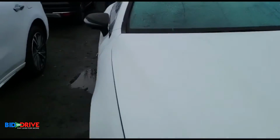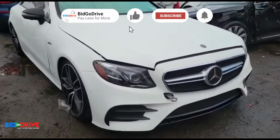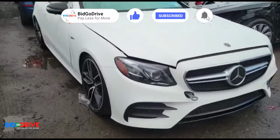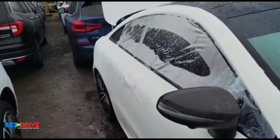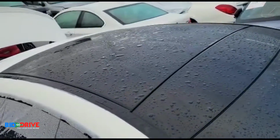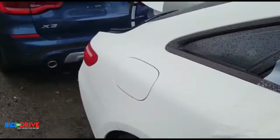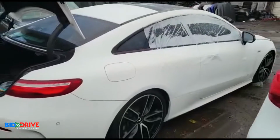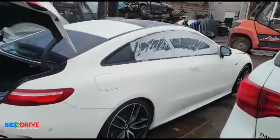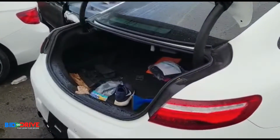Do a quick walk around. Body's very clean. Nice panoramic roof. We purchased the vehicle with a key, and the auction lost the key, so now we can't check to see if it runs or not. Not yet. We just ordered the key from the dealer, but